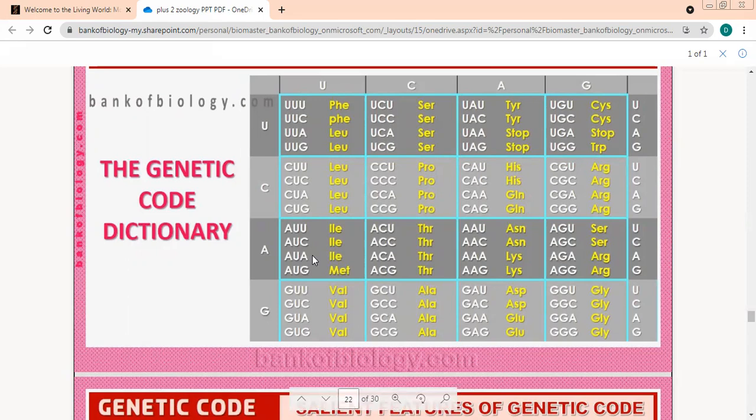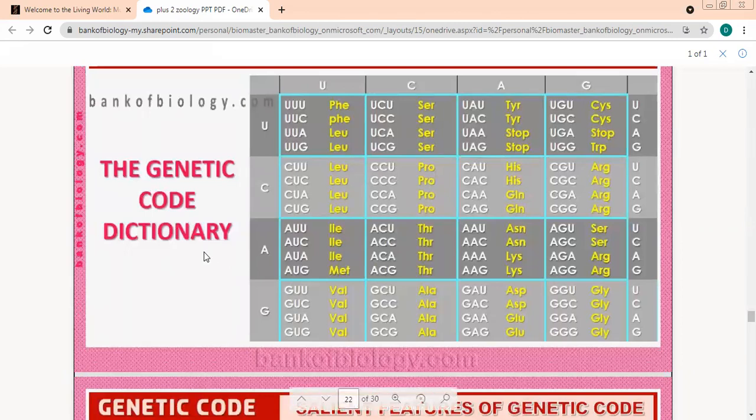Only AUG is methionine. So they generally ask you for AUG, because AUG is a little different. All other combinations with AU were giving you what? Isoleucine. Only AUG gives you what? Methionine.